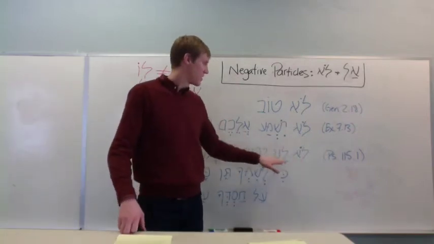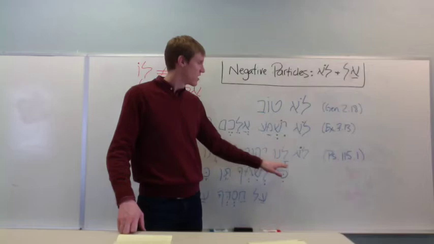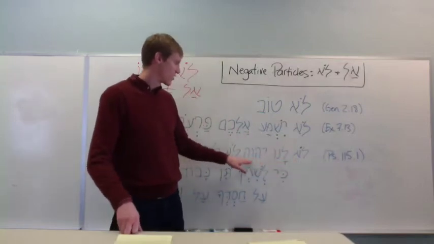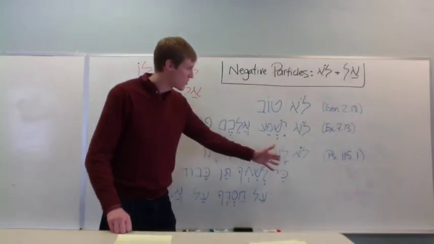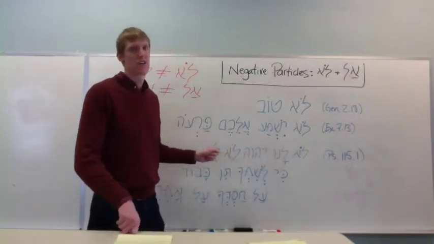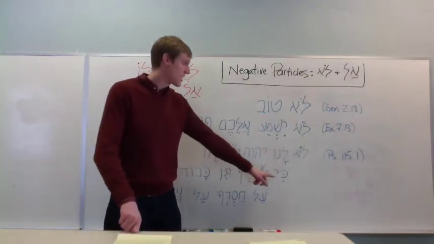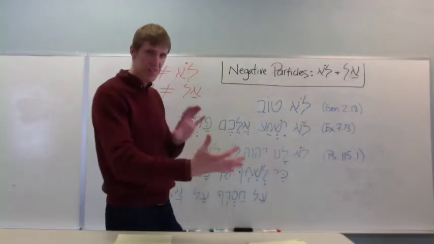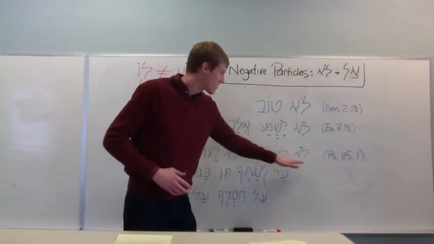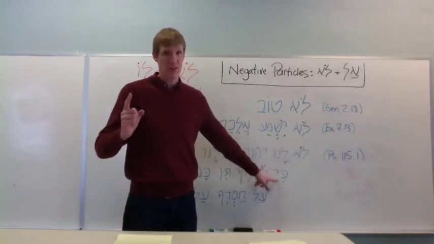So not to us. Lo lanu Adonai. Lo lanu. Not to us, O Lord, not to us. Ki here is functioning as a shift, saying not to us, but rather,